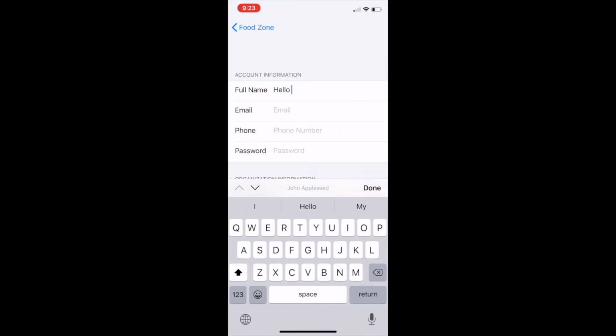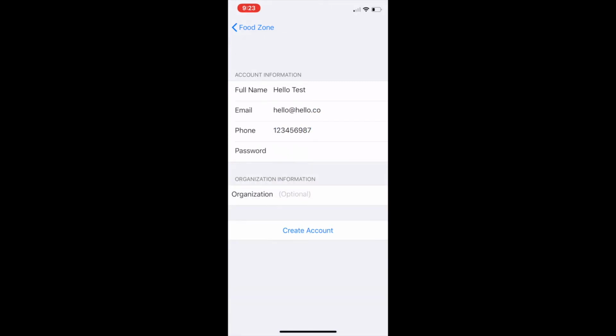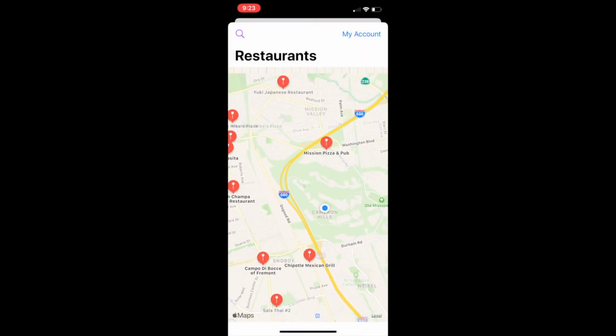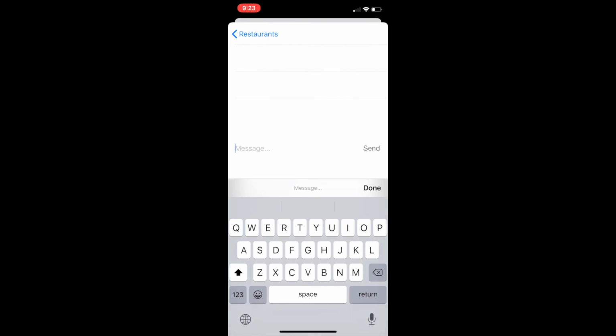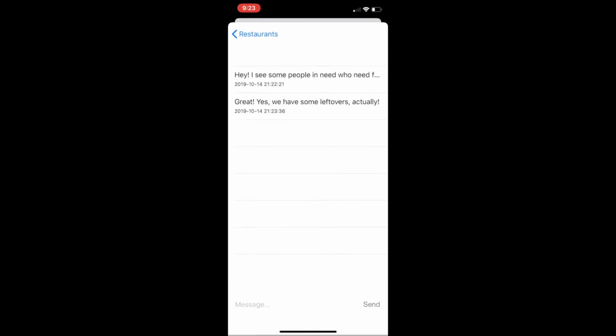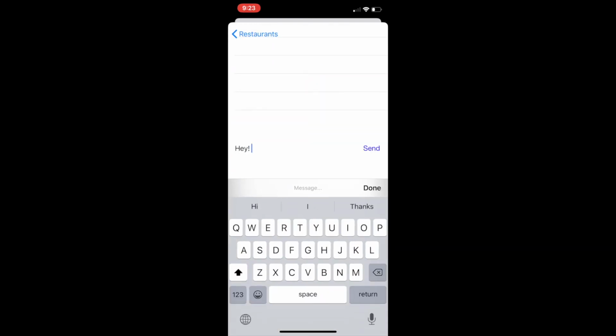Then another user creates a similar account on that same authentication UI, and that user can also view that same chat room and start messaging on it. As exhibited in this video, when the user clicks Mission Pizza, the user can easily begin messaging on that same chat room and communicate. This instills an environment where all people in the community can communicate with each other, as well as allowing restaurants to connect with homeless people.